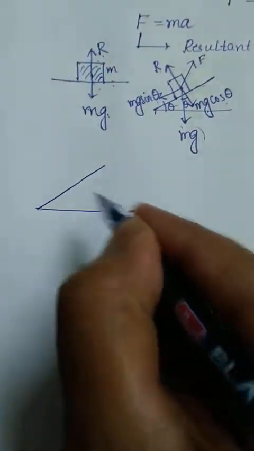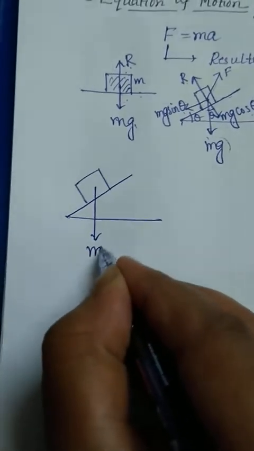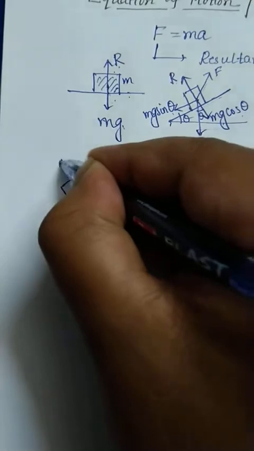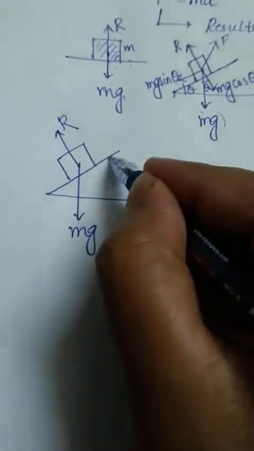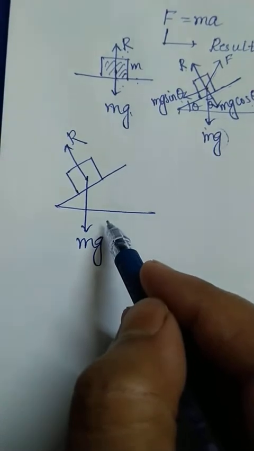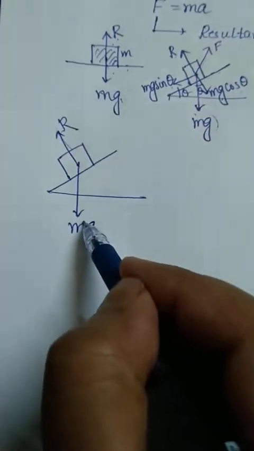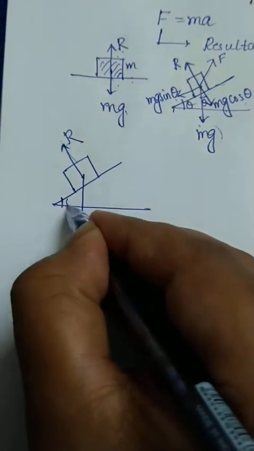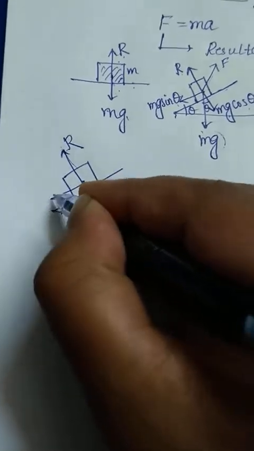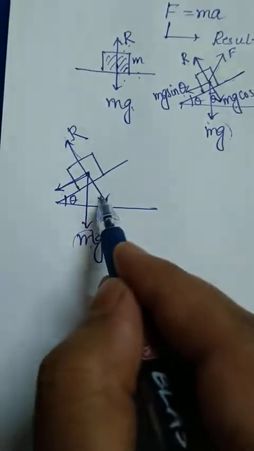Okay, so I am drawing another picture. Let's say this is the plane and the object is here. Rule number 1: weight is always acting downward, perpendicular to the surface of the earth. Rule number 2: the force of reaction always acts perpendicular to the plane on which the object is situated. Rule number 3: search for the forces which are neither parallel nor perpendicular to the surface. This is perpendicular, so this is not the force, but this force is neither parallel nor perpendicular. So which forces are neither parallel nor perpendicular, divide them according to the perpendicular component of vector rule.